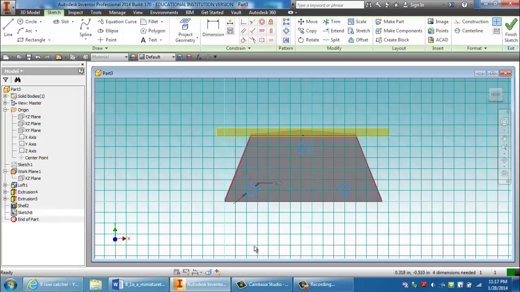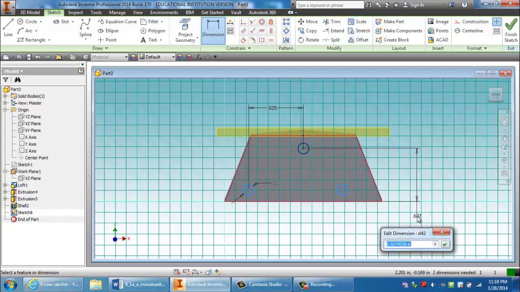Alright, the dimensions are from this center of the circle to the circle, which should be 0.625. From this center of the circle to the bottom should also be 0.625.